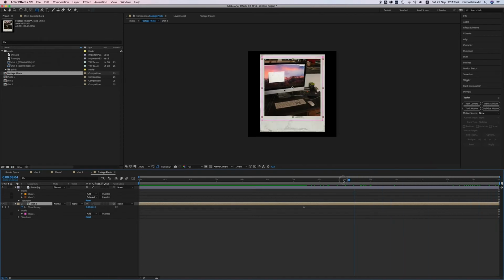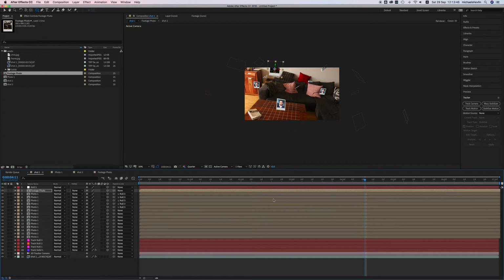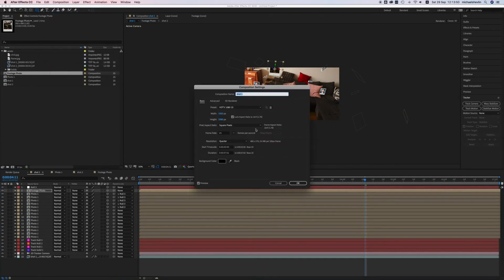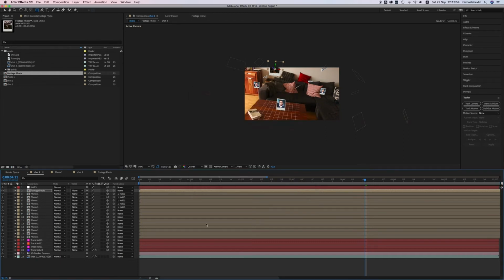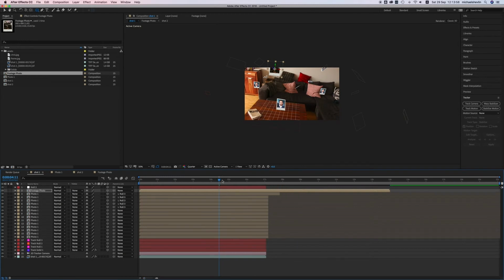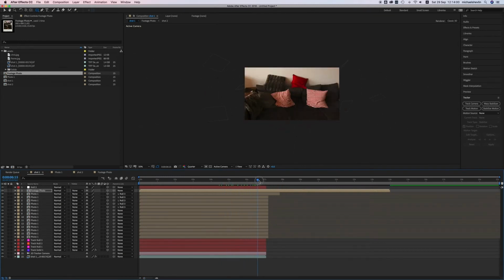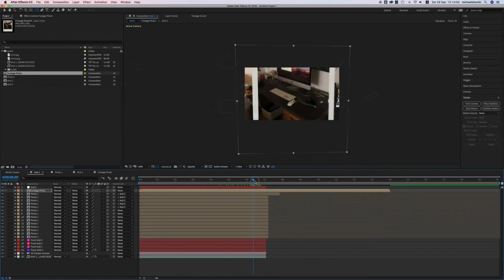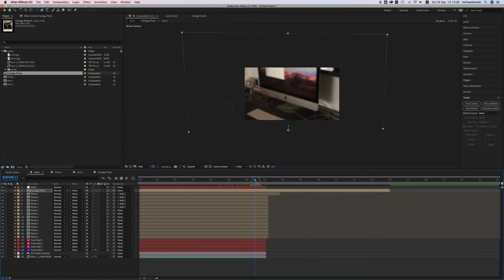So now we've got this going on, and then there's a still image. So go back to shot 1, and we need to extend all of this as well. So go to composition settings, and we're going to make this 20 seconds long. So now what's happening is it zooms into this photo, which gets here, and then what we want to do is